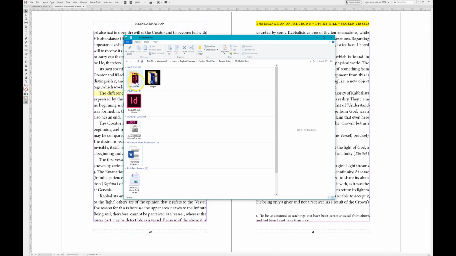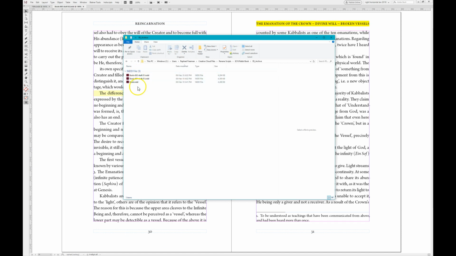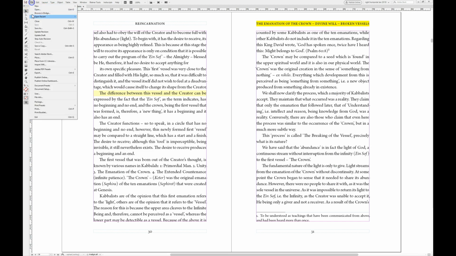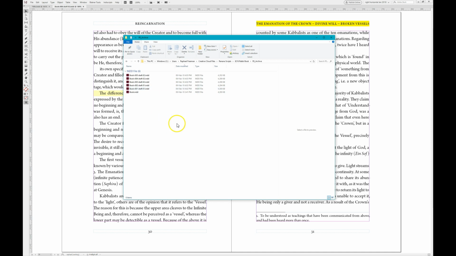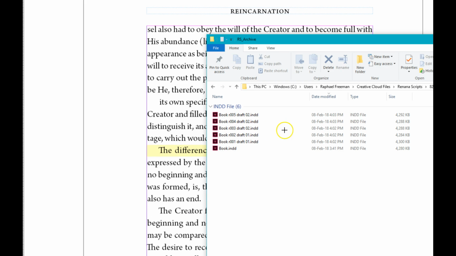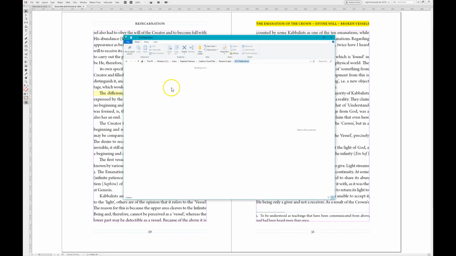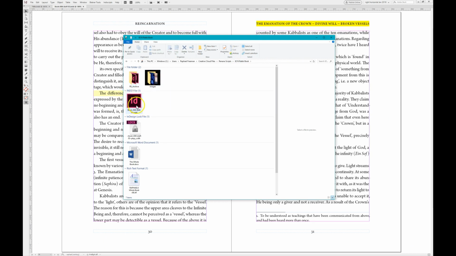So what's actually going on in this RS archive? Here we can see all the earlier versions of the book. If we now go back to our file and update the revision a few times, pretending we've been working for a while, and we can even update a draft, why not, just for fun. And we go back into this folder, we can see that we've got quite a few files now in our RS archive folder. But yet, in this folder here, we only have one file. So that's great. Now we're going to do something a little bit more complicated.